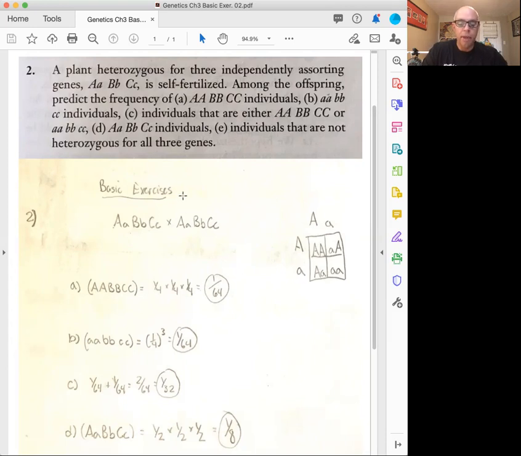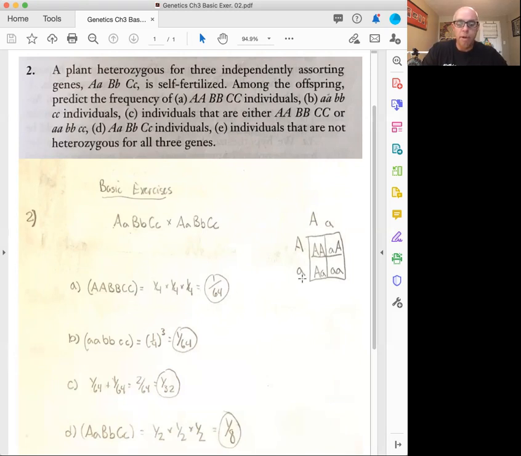Out of that crossing. And so this problem is a really good example of how to take a trihybrid cross and break it down into three monohybrid crosses. Here I've done the monohybrid cross between the big A, little a up here, big A, little a, and then done the Punnett square. Now that we have this, all we have to do is figure out the probability of these three different events, right? Getting a big A as a result from the cross between individuals that are big A, little a. Then big B, big C, and they're the exact same thing.